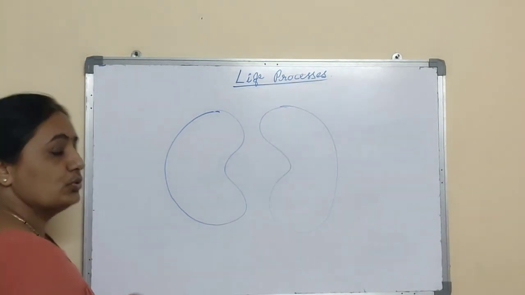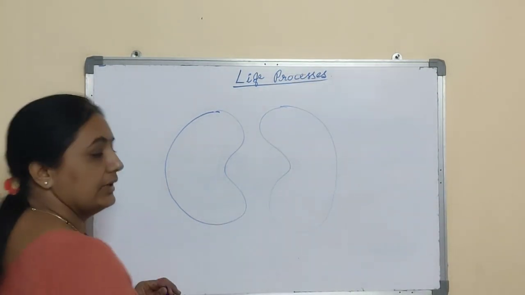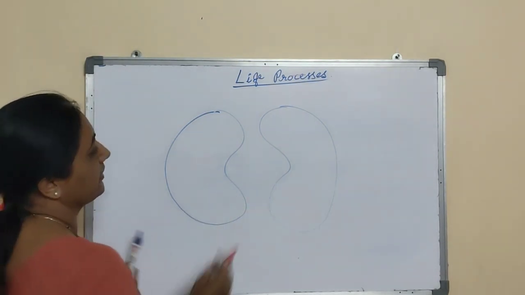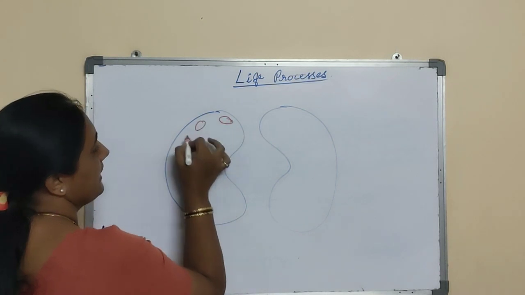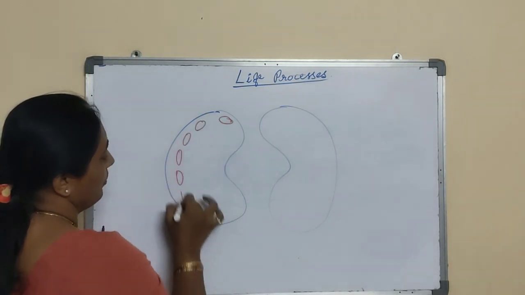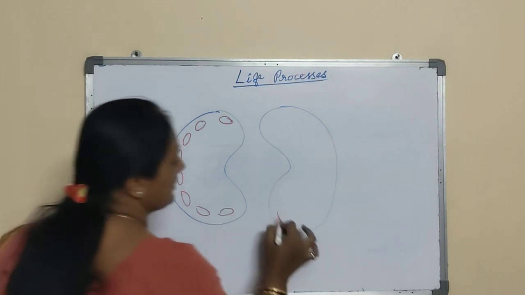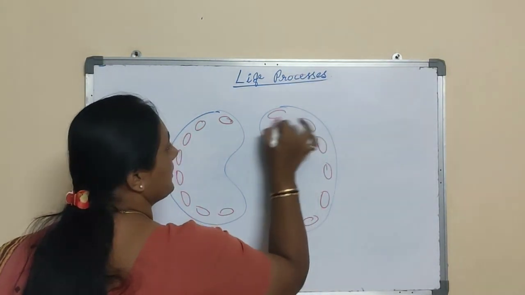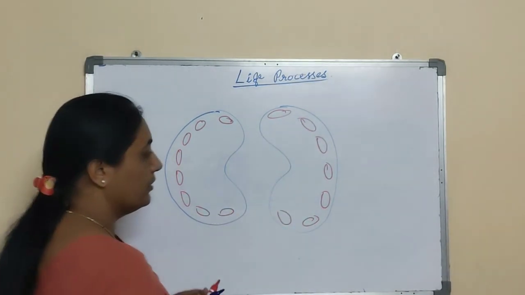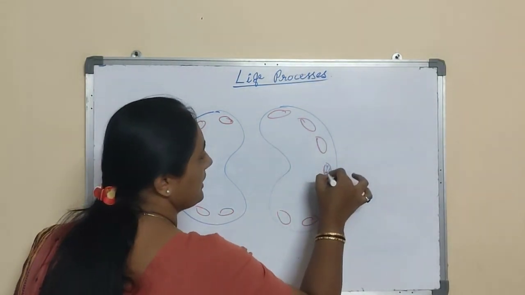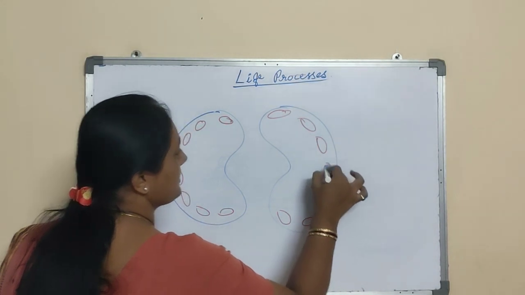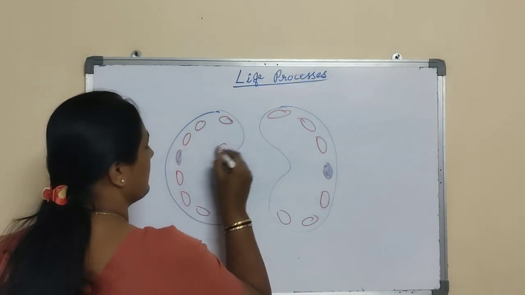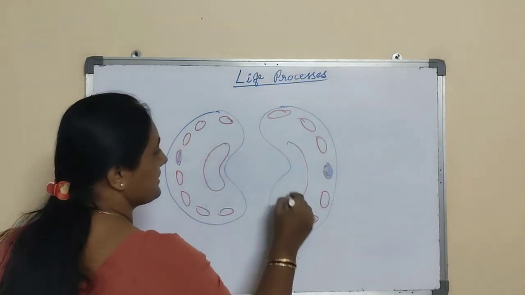Stomata are made up of two cells, the bean-shaped cells called guard cells. Inside the guard cell also chloroplasts are there. These are the chloroplasts, with a nucleus. Each cell has a nucleus. So here one nucleus is there. Each guard cell shows one nucleus. Centrally placed, one vacuole is present in the guard cell.